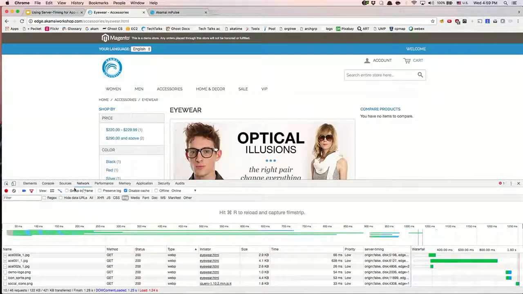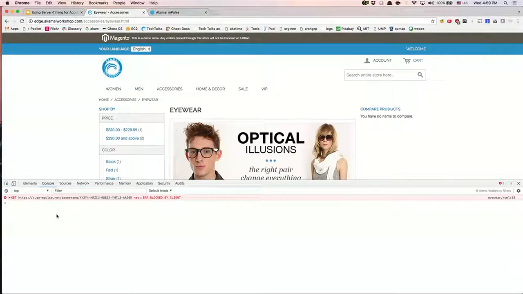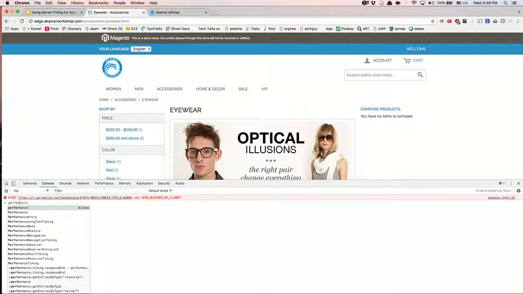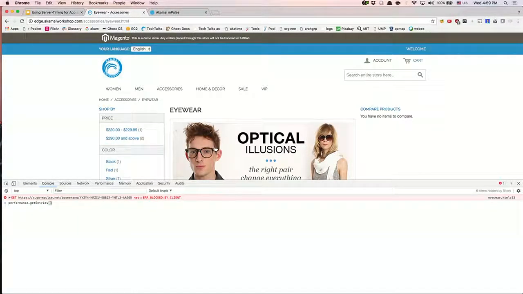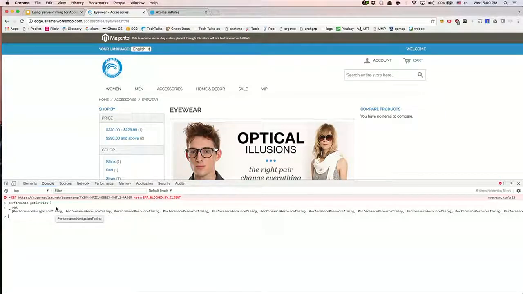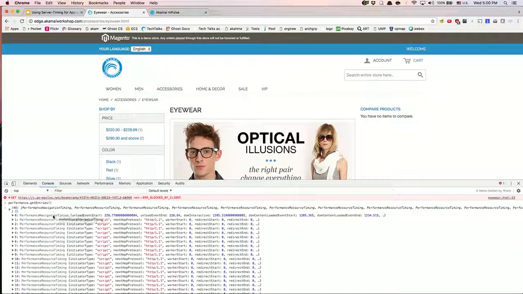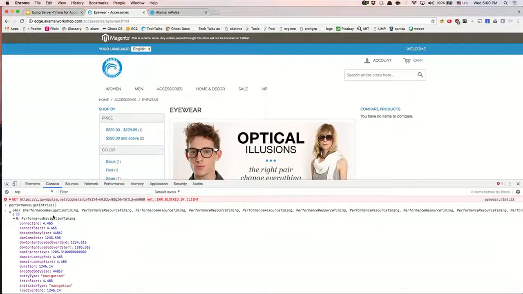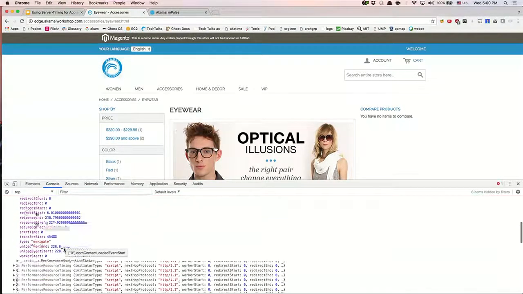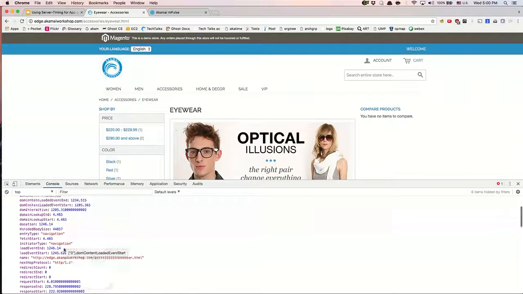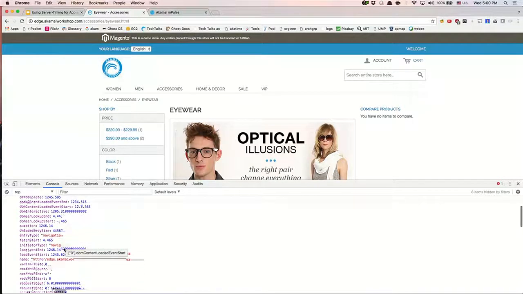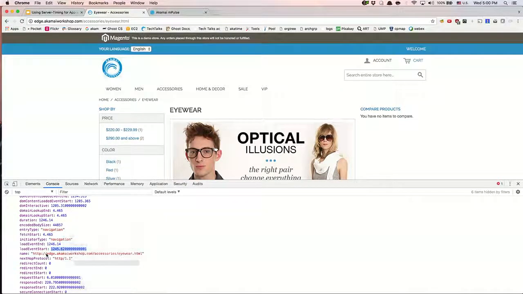Okay, so that's what they look like in the network tab. And let's take a look at this in JavaScript. Here's all of it. The first entry, hopefully you're seeing this, is the navigation timing entry. And Yo does not have experimental web features turned on, but I can tell you that